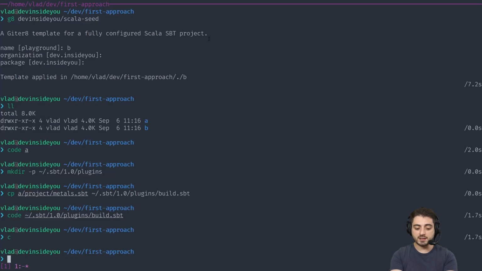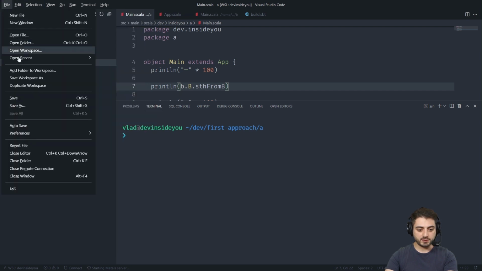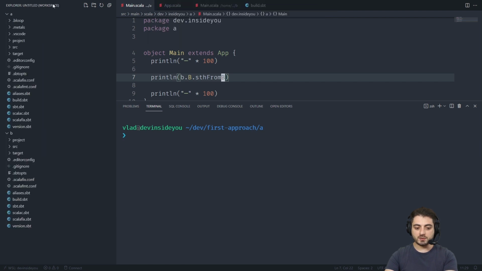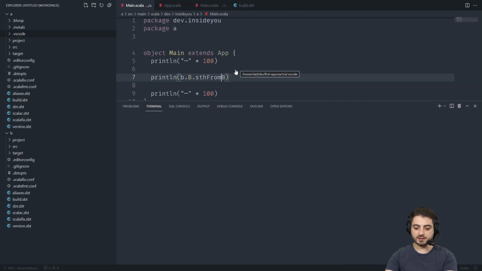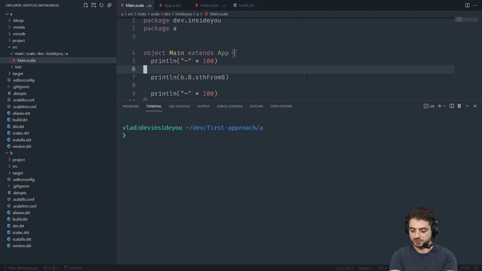So what we're going to do instead is we're going to open A again, and then we're going to go to File, and we're going to go to Add Folder to Workspace, and we're simply going to select B like this. Okay, so now it's over here in Workspace, and VS Code sometimes restarts because now it understands that this is like a workspace kind of thing. And did it create another instance? No, it did not. Okay, so it's all good. Okay, so Metals should still wake up in just a couple of seconds.